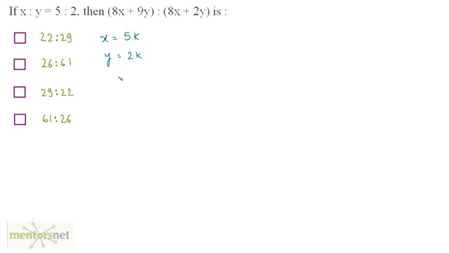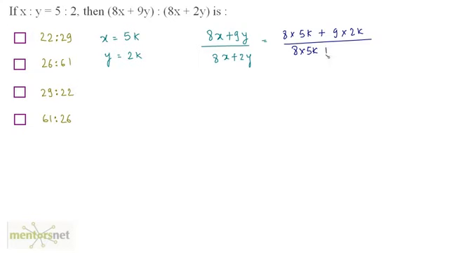Now that we have the values of x and y, we can get the ratio of these two terms. So 8x plus 9y divided by 8x plus 2y is equal to, put in the values of x and y that we have, 8 times 5k plus 9 times 2k, which is the value of y, divided by 8 times 5k again plus 2 times 2k. So this is equal to 40k plus 9 2s are 18k divided by, again 8 5s are 40k plus 4k, is equal to